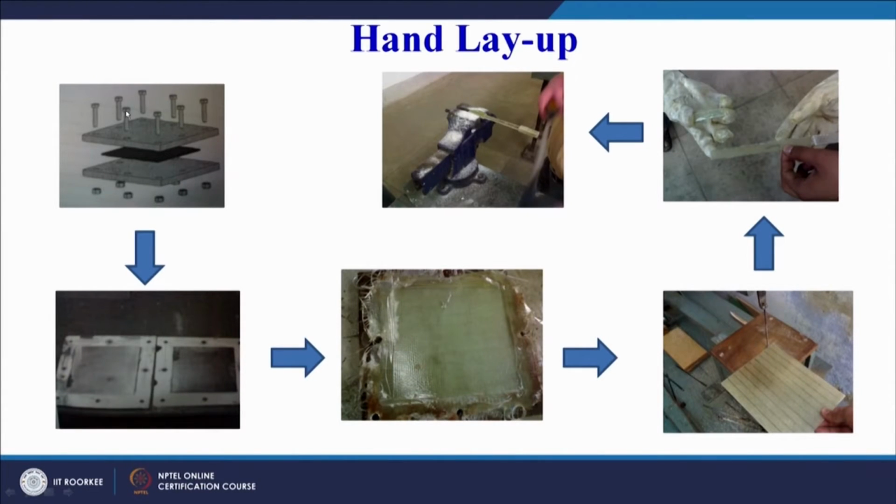So we have two flat metallic plates. These can be mild steel plates, and this is the ground portion where grinding has been done, and we do our layup on this ground portion. As I have told you, first of all we will use a release gel. The release gel will be sprayed over these two plates. Then we will use thin plastic sheets.